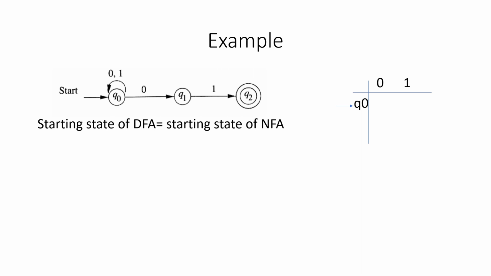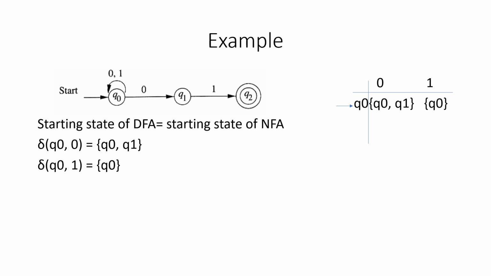We'll make use of a transition table representation just for better understanding. There is no change in the input symbols. From the diagram of the given NFA, it is inferred that sigma is 0, 1. Assume this table is our DFA which we are going to construct. The starting state of the given NFA is Q naught, hence after construction, the starting state of the DFA becomes Q naught. Now we want transitions for this new state.